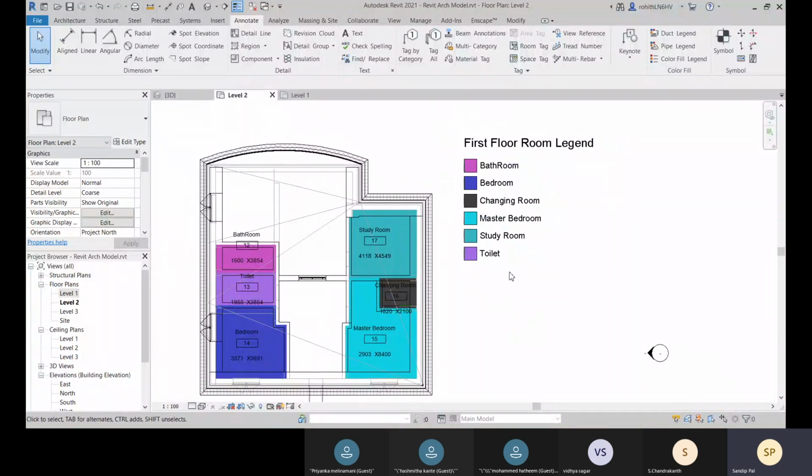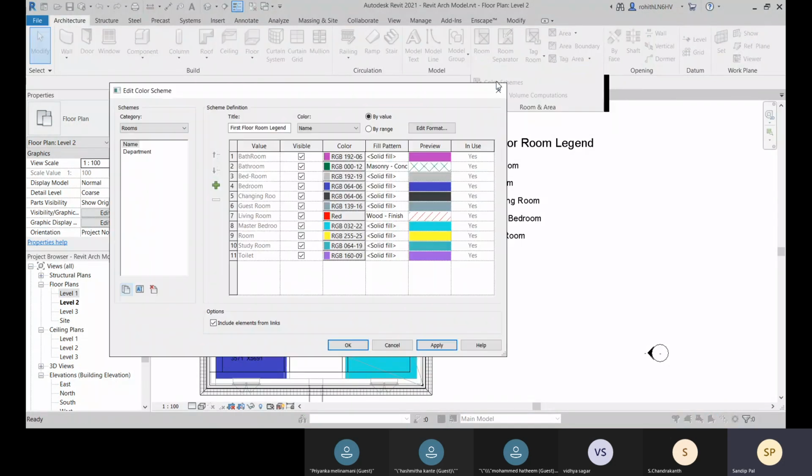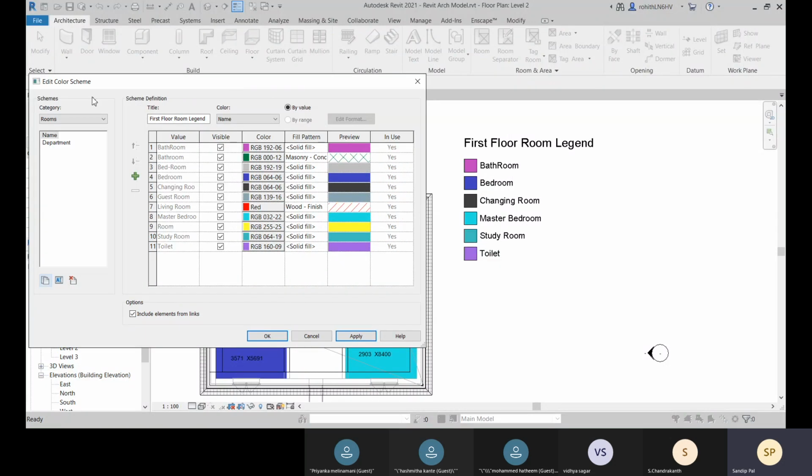It will come with the default colors, and after that you come to the Architecture tab, and within Room and Area, you have Color Schemes, and there you can change it. You will have this Color Scheme window, and the category is Room, and you have defined this by name.